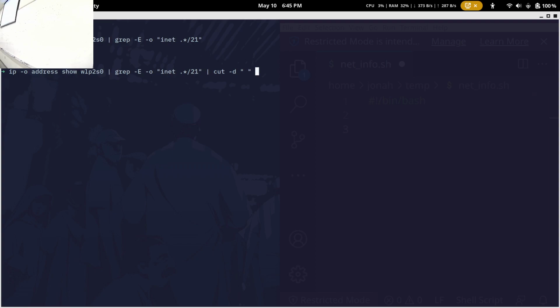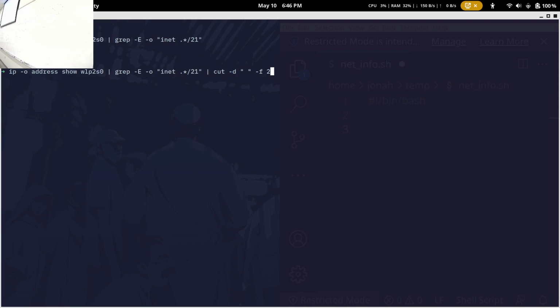And then I want to also specify what part of that now split string that I want, because it could give me the word inet, or it could give me the IP. So to get the IP in that inet, I'm going to say dash F2. So that's another flag. Dash F means field. So it'll take your string and split it into fields, kind of like cells in an Excel sheet. Which Excel cell would you want specifically? And in this case, I would say 2. I want that second one.